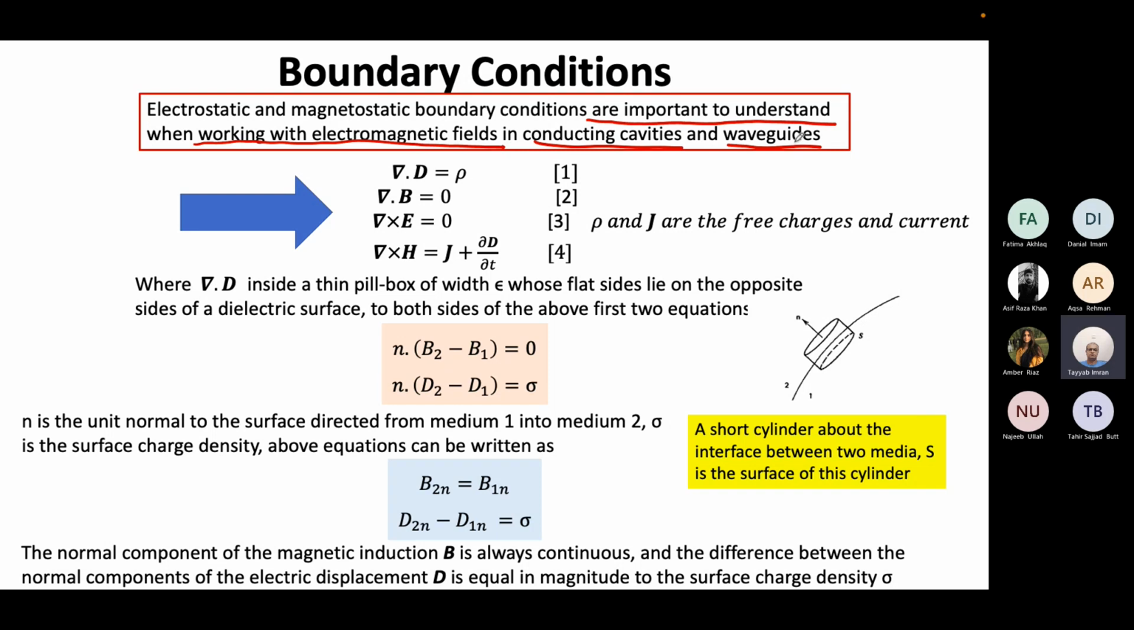तो ये जो आपकी इलेक्ट्रोस्टैटिक और मैग्नेटोस्टैटिक बाउंड्री कंडीशंस हैं, यानी कि आप इलेक्ट्रिक फील्ड के लिए और मैग्नेटिक फील्ड के लिए जो बाउंड्री कंडीशंस को स्टडी करते हैं, and I mentioned before as well, they're important to understand because